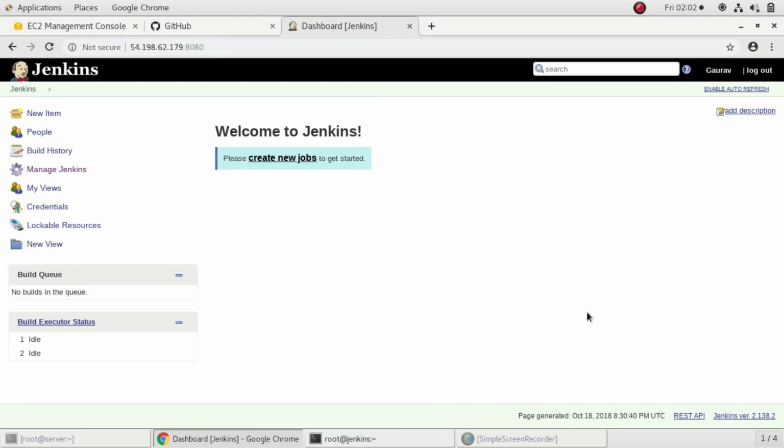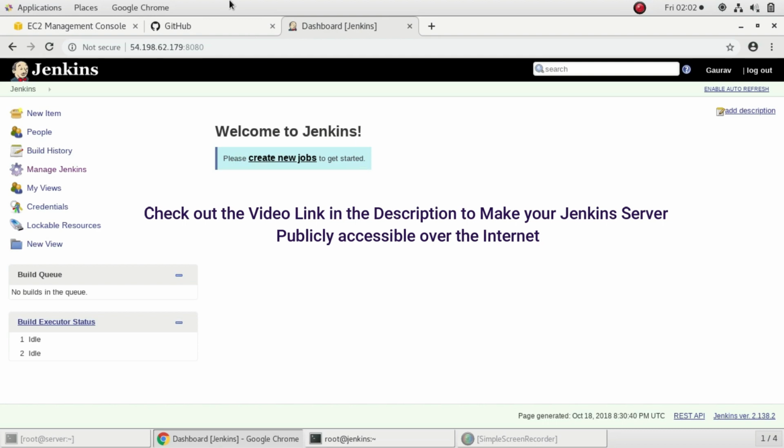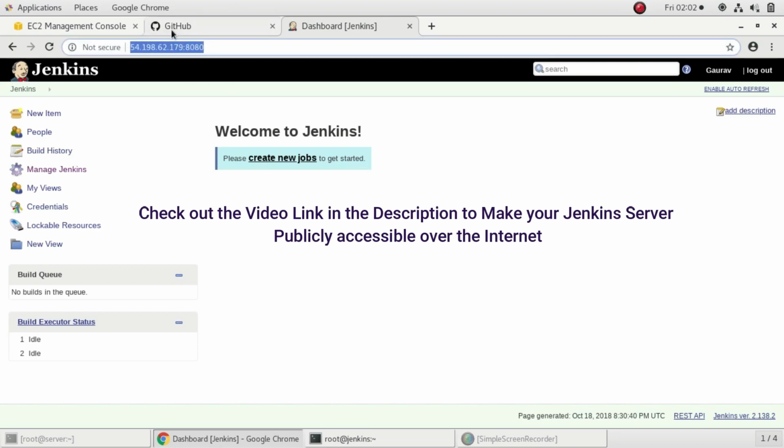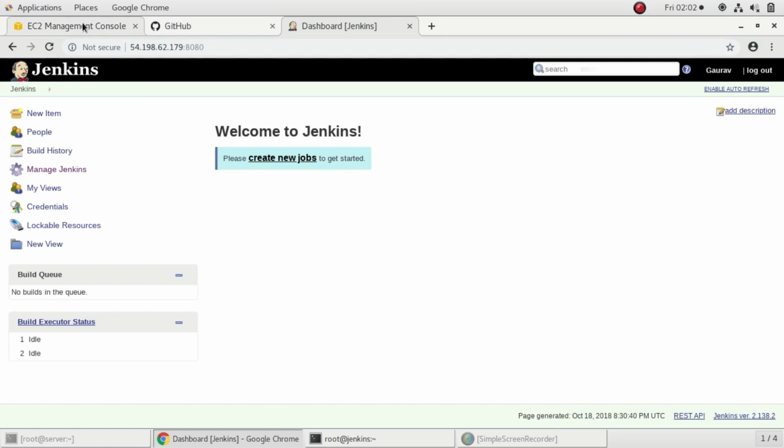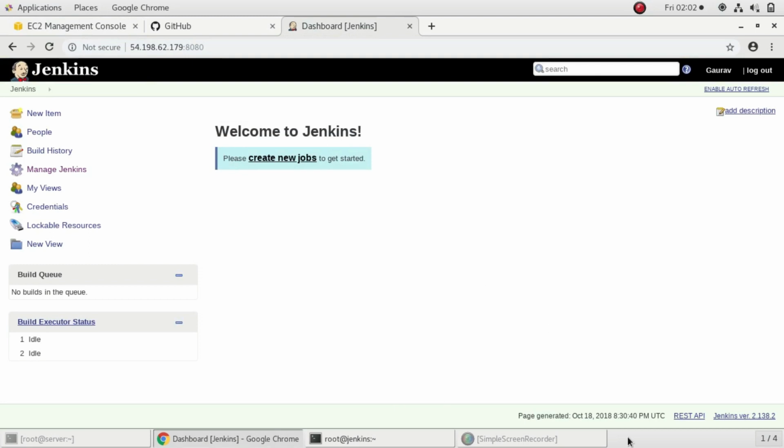Okay, so this is my Jenkins server. For implementing GitHub webhook, you have to make sure that you have a public IP address, or you can say your Jenkins server must be public. My Jenkins server is public. I have deployed it on a public IP address, basically in my EC2 instance. So make sure it is public, or you will not be able to build code using the webhooks. It is very necessary that you have a public IP address.